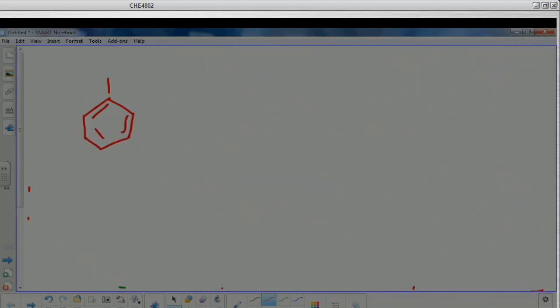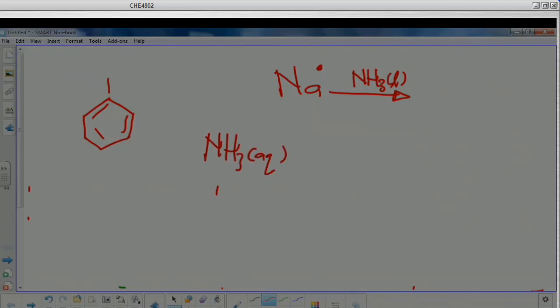If you have a molecule like this, and basically, before we come to organic chemistry, you have a sodium metal. Sodium, all metals, they're shiny. And sodium has got one electron there. If you dissolve sodium in ammonia, in liquid ammonia, not ammonia solution, liquid ammonia, there's a difference between aqueous ammonia, which is NH3, and liquid ammonia, and ammonia gas.